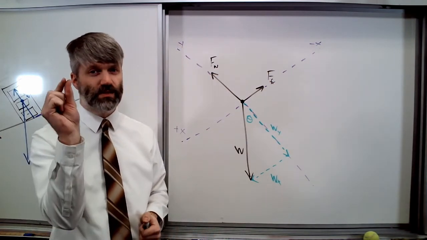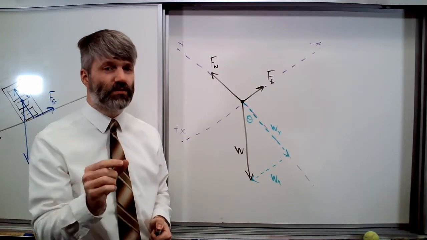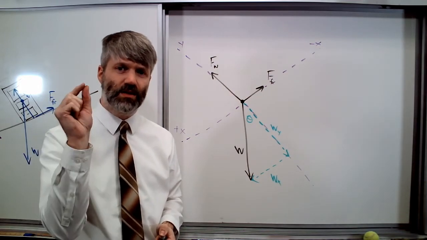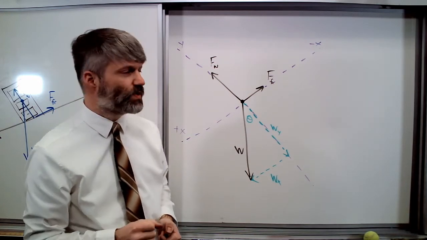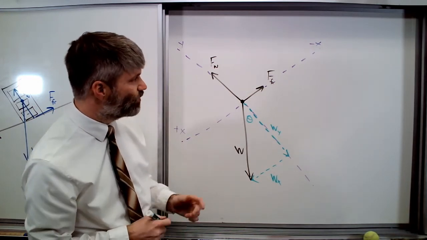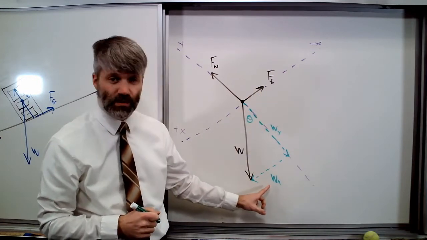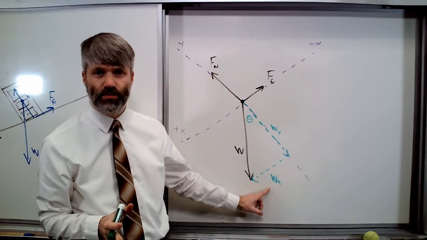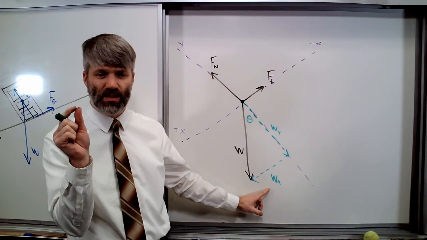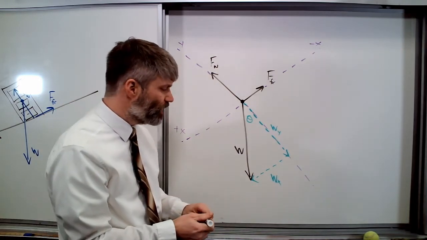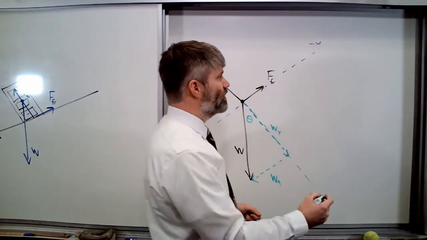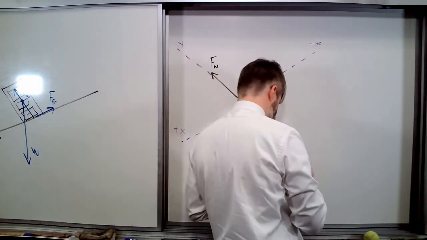And really it only has to be just after, and in fact it only has to be a negligible amount after that. So we can really consider it when the force of static friction is equal to Wx, because the amount that it has to be greater than that is actually negligible. So when we look at what's going on in the x direction,